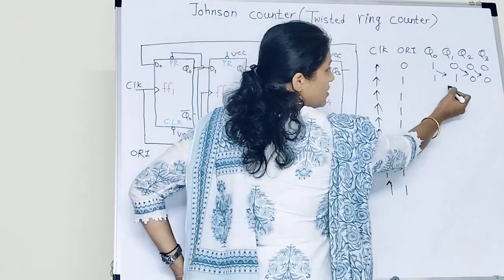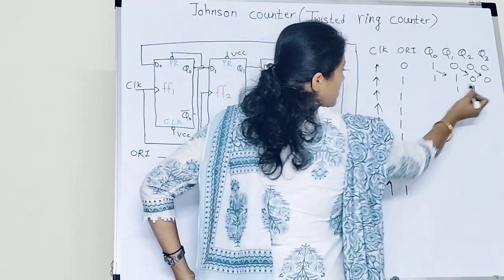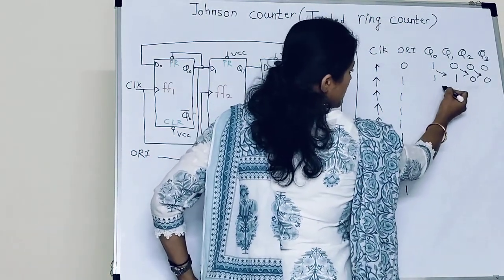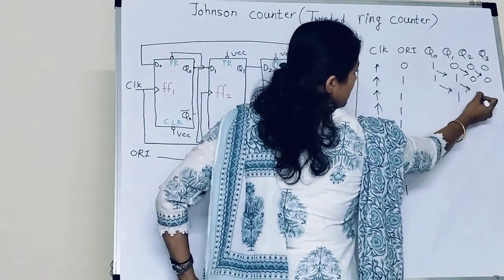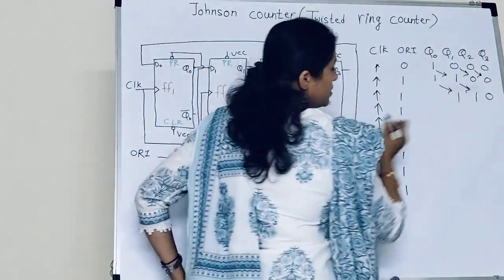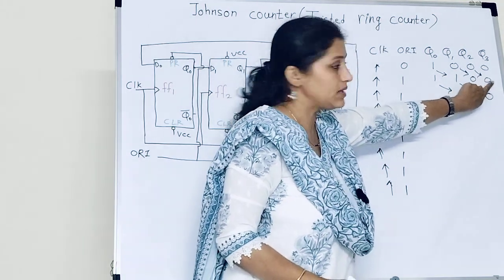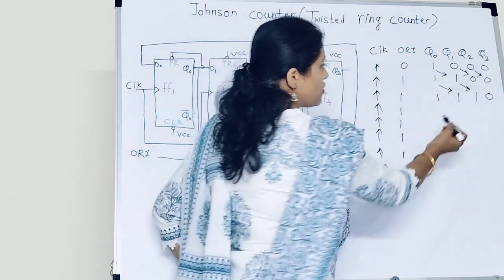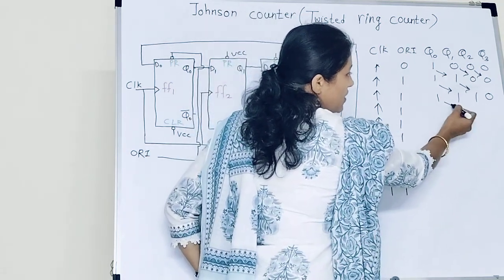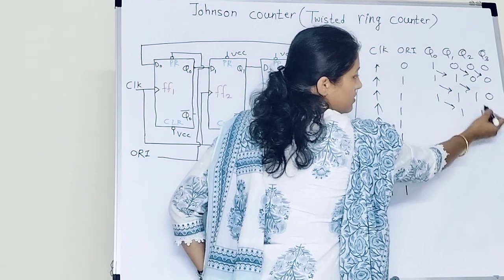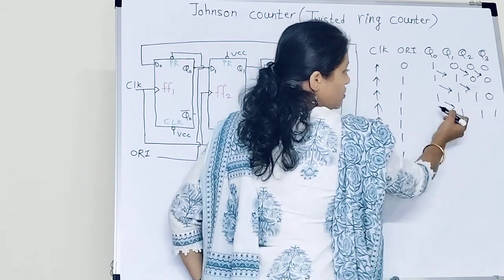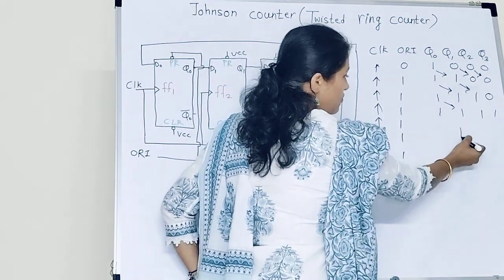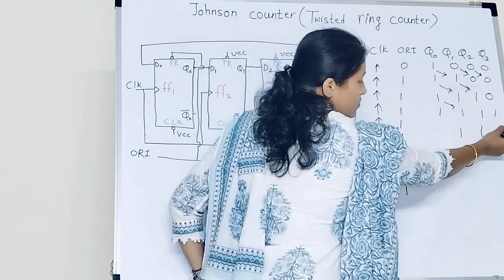Then this 1 will come here. This 1 will come here. Here I'll write. This 1 will come here. This 1 will come here. This 0 will come here. And here Q3 is 0. It means Q3 bar is again 1. So that 1 will come here. After one clock cycle, this 1 will come here. So 1, this 1 here, 1, and because of this 0, again 1. Now, this 1 will come here, 1, 1, this 1 will come here, 1.